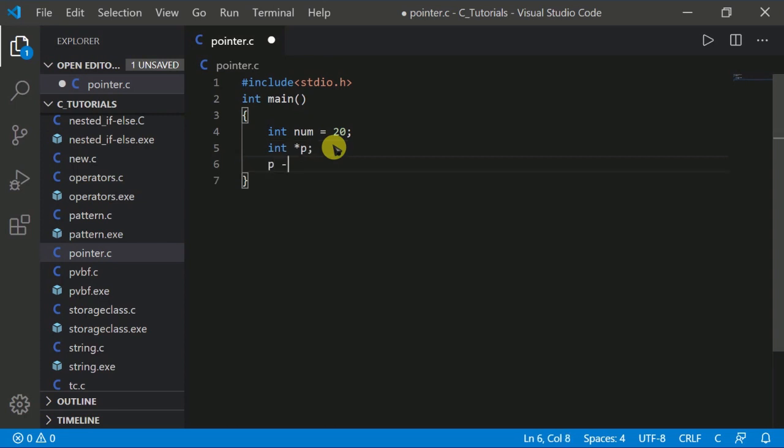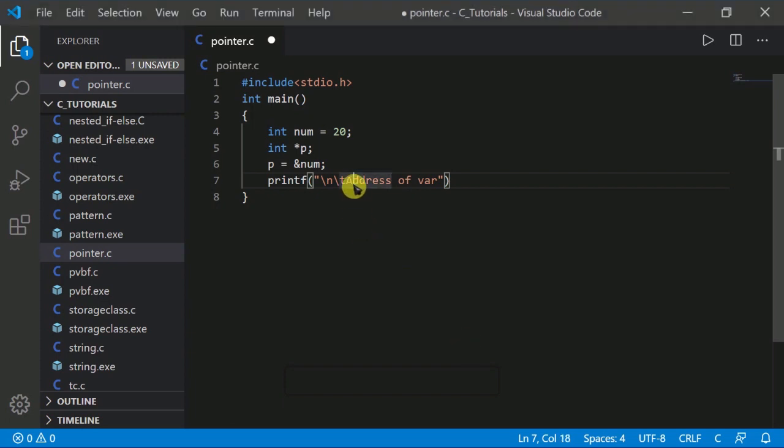So now p equal to and num. It means we have assigned the address of variable num into the pointer p. After this we will use the printf function with slash n and slash t.